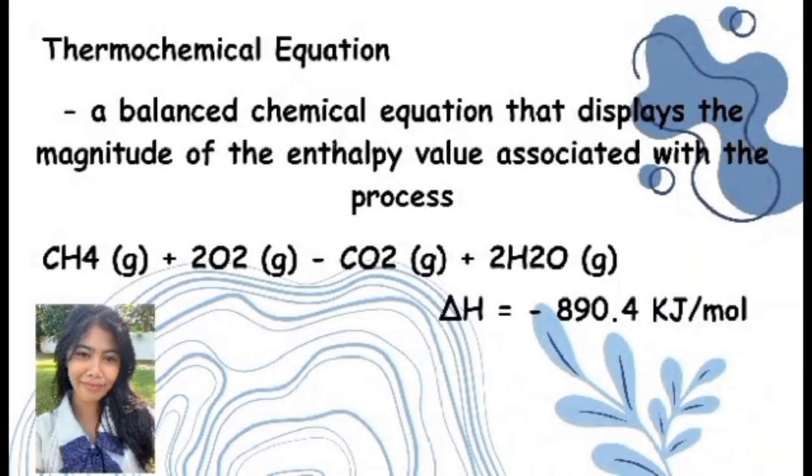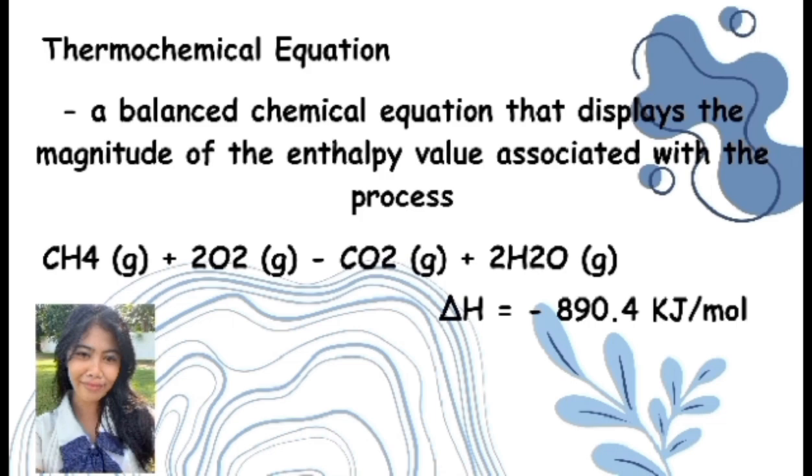Thermochemical equation: a balanced chemical equation that displays the magnitude of the enthalpy value associated with the process. A thermochemical equation is a balanced chemical equation that includes the change in enthalpy of the system during a reaction. It shows not only the reactants and products but also the amount of heat released or absorbed during the process. For example, this chemical equation has a change in enthalpy of negative